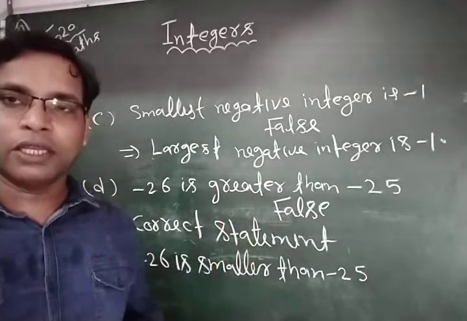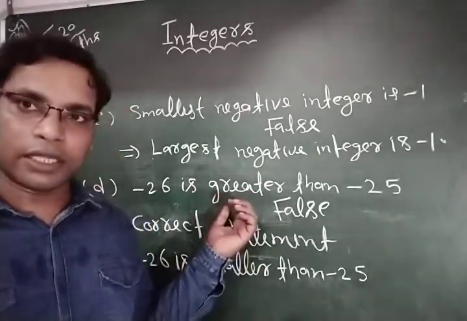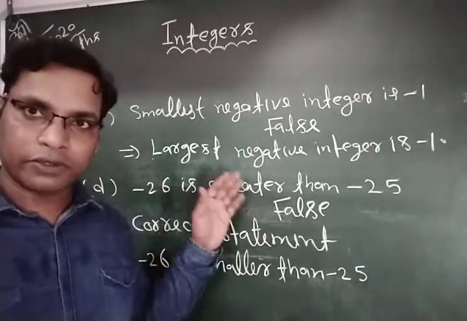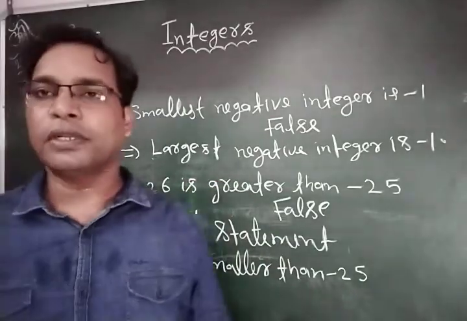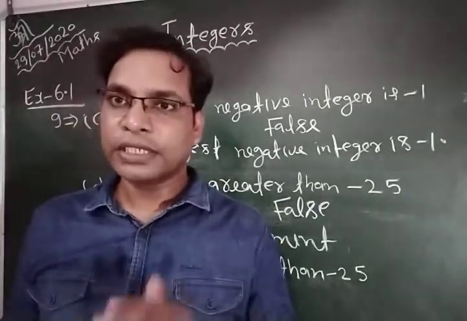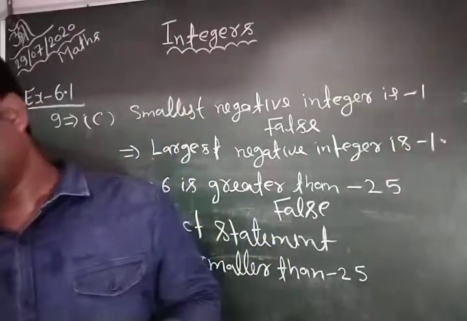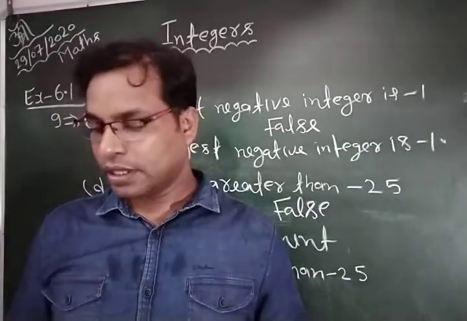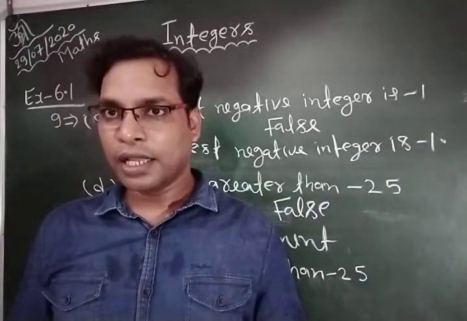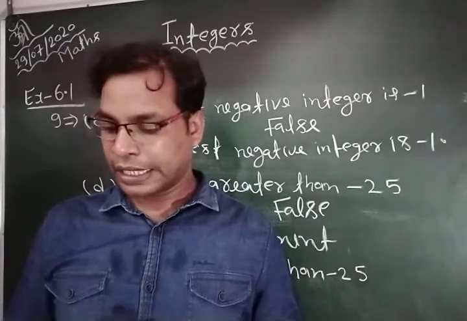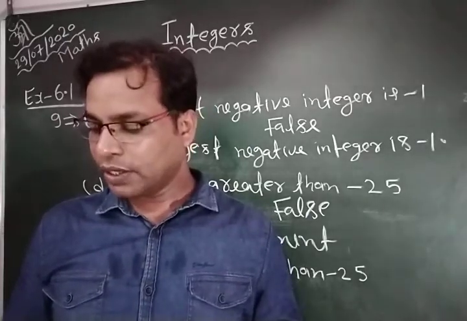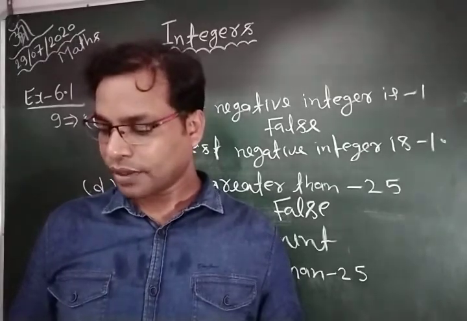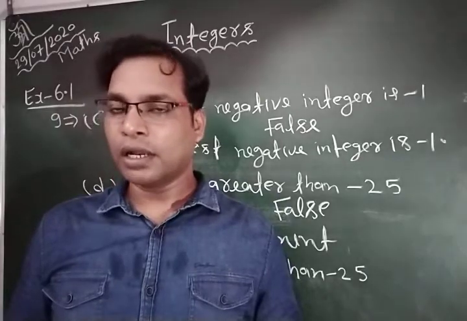This is true or false. If you draw the number line, you can solve every question related to true or false. Now we are going to discuss the next question, question number 10. Question 10 says draw number lines and answer the following. The A part: which number will we reach if we move 4 numbers to the right of minus 2?